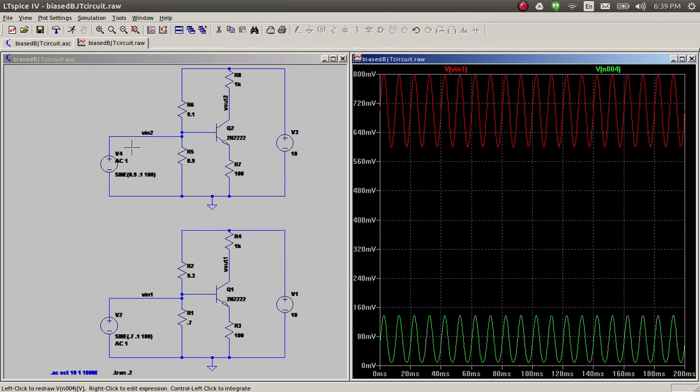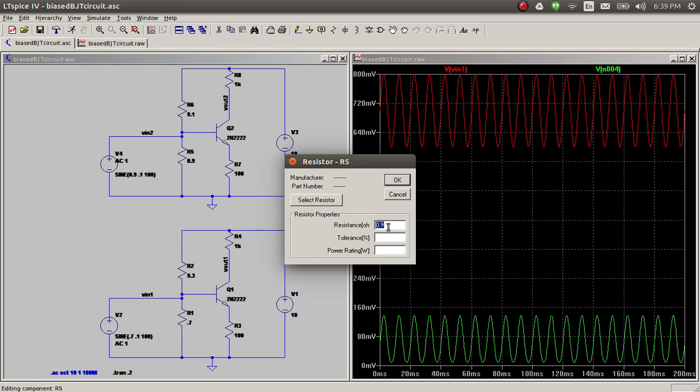The next thing we had seen was if I no longer directly connect the input and use the bias from there, but I'm also generating the bias here. So this is 10 volts. This is a resistor divider, so that's 0.9 volts here and 9.1 volts here. This is a resistor we have put. It could be in kilo ohms, so we can change that also. So we'll change it to 0.9k